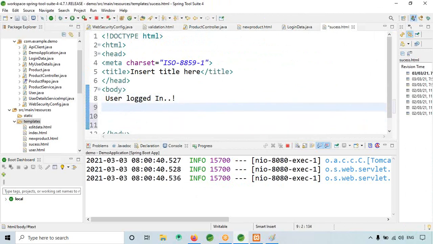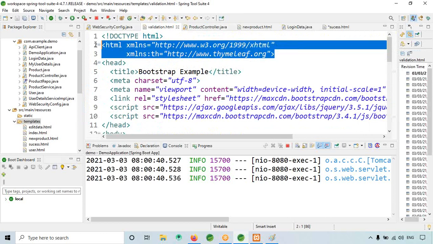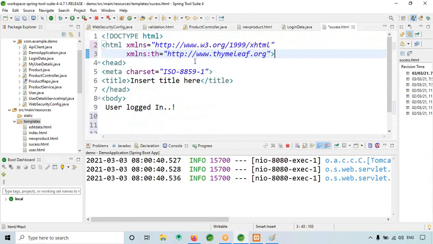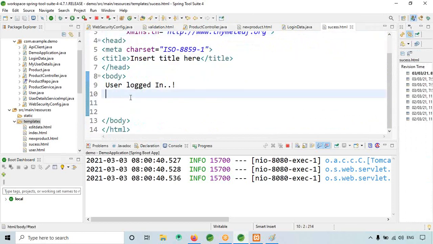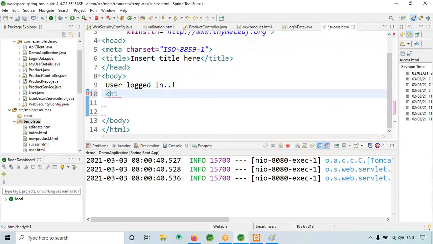So for that, I need to put this Thymeleaf tag here, like h1 th:text equal to dollar login data.